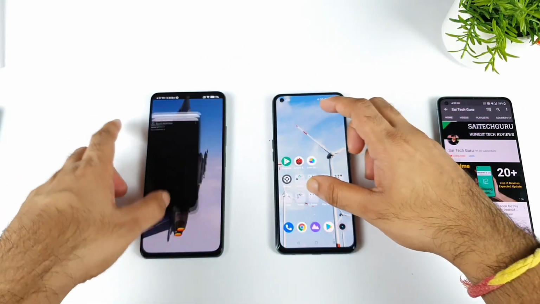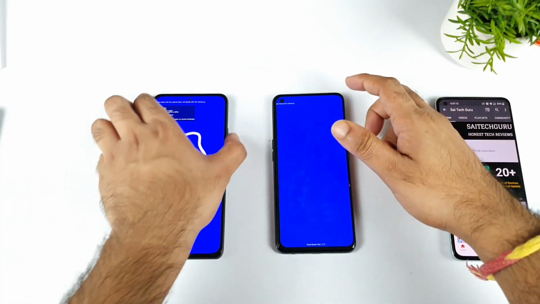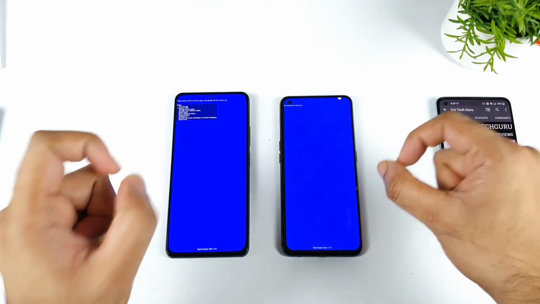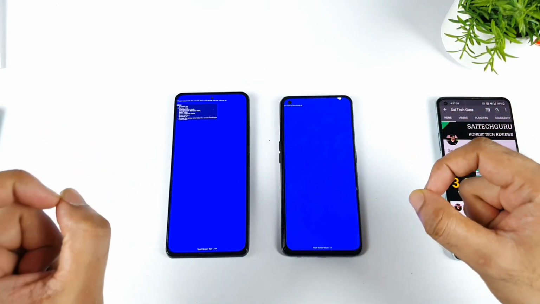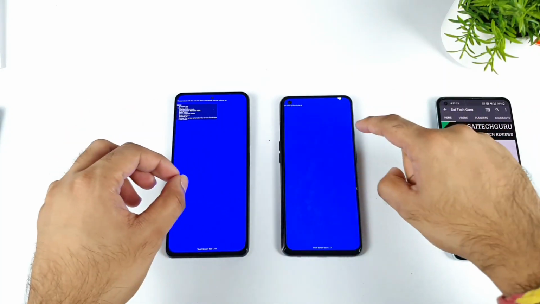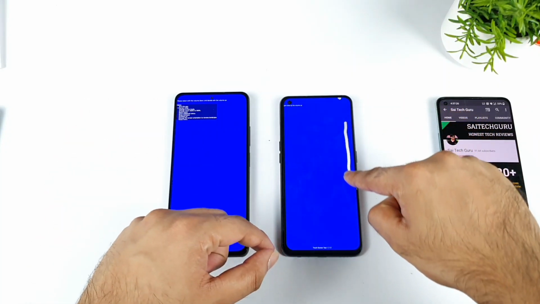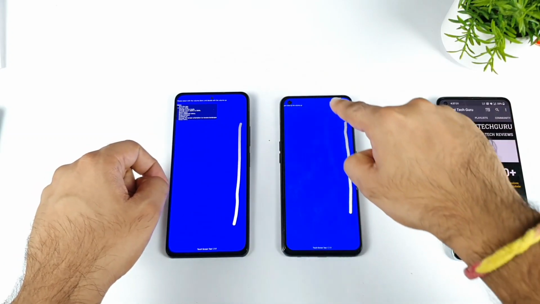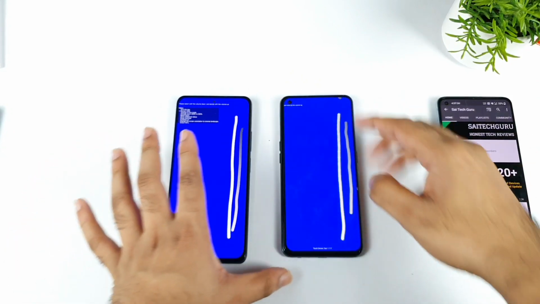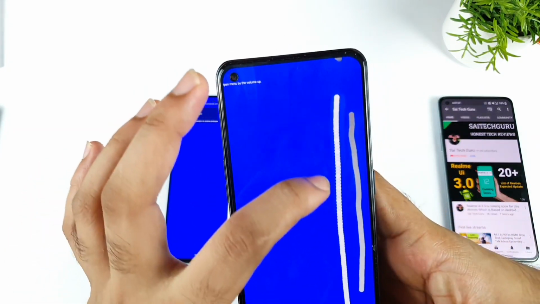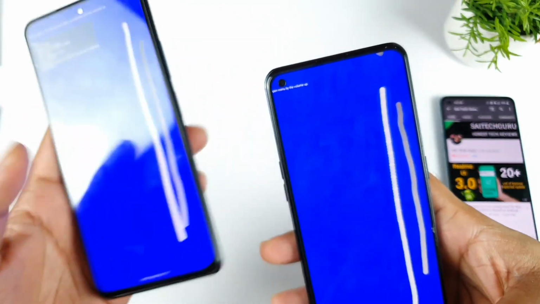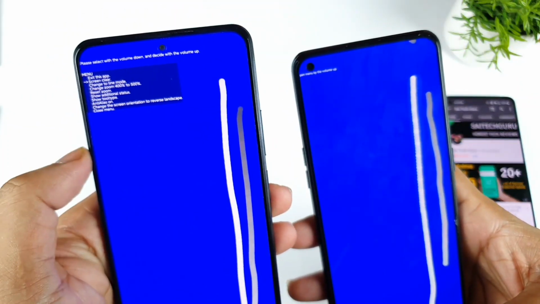Now let's move to the next application, which is also useful to test the touch sampling rate. This is a very good application friends, because you can see the live demonstration of how much impact it will have when you're gaming or doing anything. Let me show you on the Realme X1 Max, and the same applies to the Mi11X. I'm increasing the speed. Observe: when I increased the speed on the Realme X1 Max, you can see the circles did not detect much. But on the Mi11X it was a really smooth line. You can see exactly the difference between both phones.